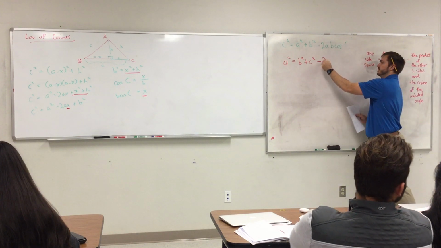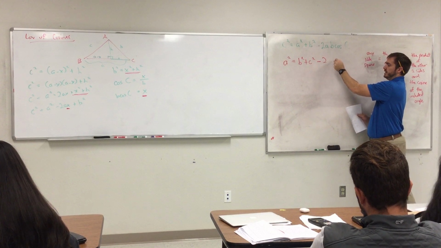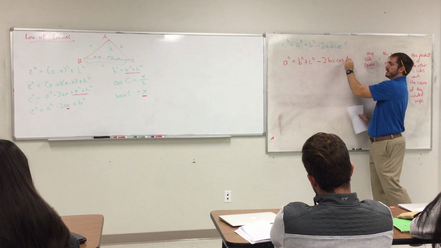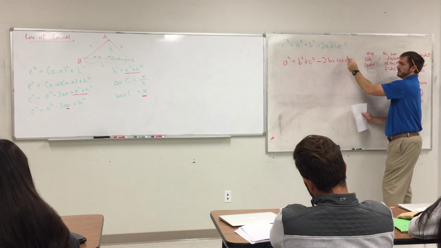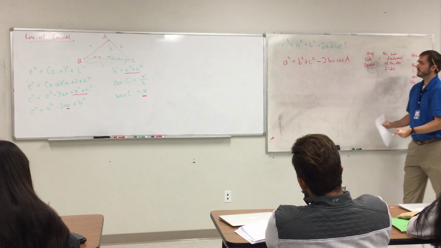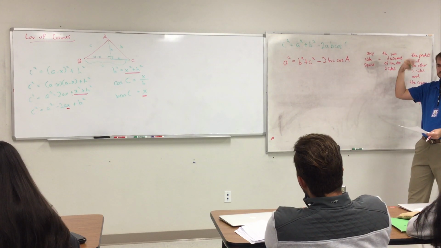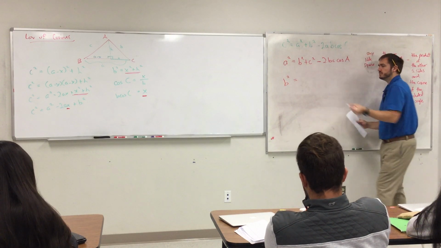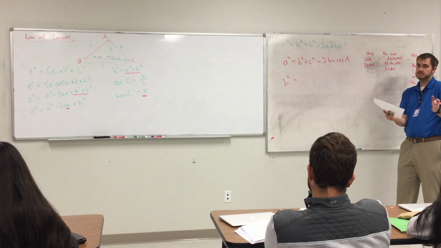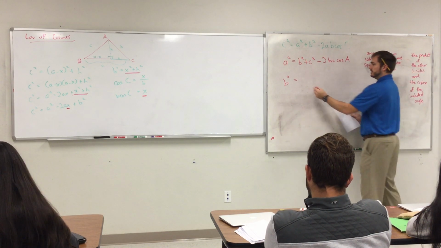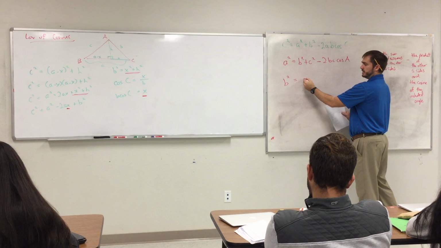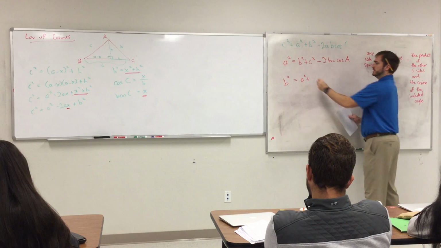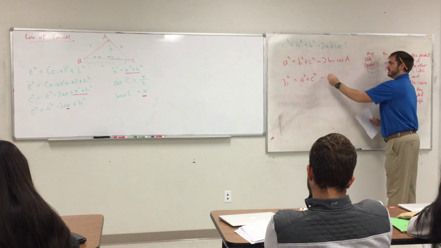Alright, now in this case right here, instead of A and B, it's going to be B and C cosine A, because angle A is between B and C, in case you don't know that. It's not across from B, it's next to B. So then, or, this is an alternate version, but it really doesn't matter, B squared equals, yeah, so what's the first letter I'm going to write here? A squared plus C squared minus